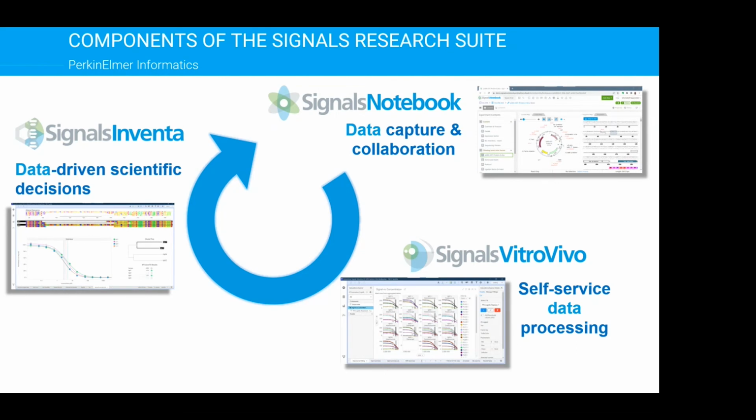Thanks, Nova. And the components of our Signals Research Suite, I will just outline here. The data really comes into the Signals VitroVivo, which is here on the lower right-hand side. But of course, you're planning your experiments and capturing all of the data around it, the metadata, and that is done in the Signals notebook. And in the end, what you talked about is really aggregating all of this data together from all of the different sources, all of the assay types, and doing a data-driven scientific decision, and that's in Inventor. So I will start with the next slide